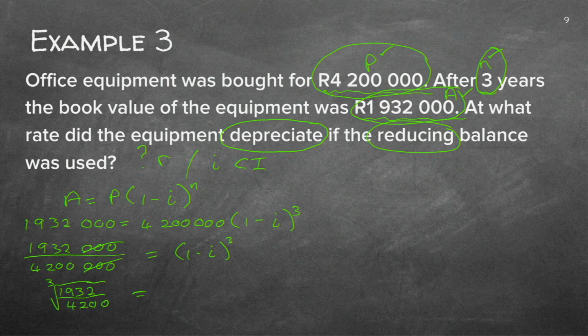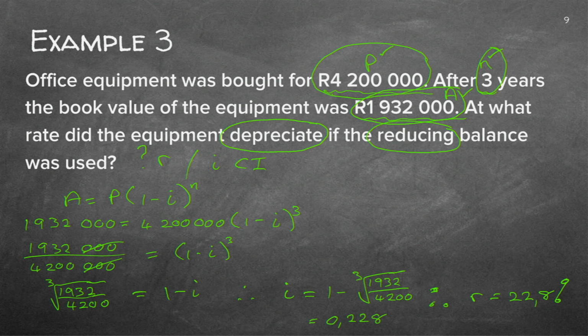And on the right hand side, I now have 1 minus I. I don't like that minus stuff, so I bring it over to the left hand side. It becomes plus. I leave the 1 there, and I do that, and I'm nearly done with my sum. Long line there. 4,200, and if you click that on your calculator, it gives you 0.228, and that means R is equal to 22.8%, just like the previous one.